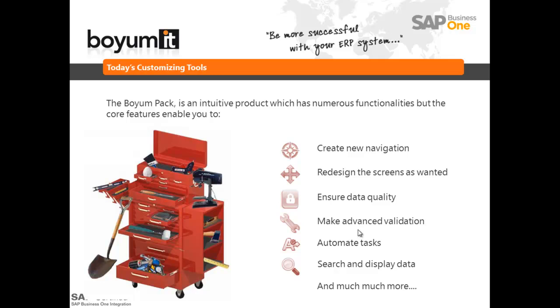As for automating tasks, we can do a lot of things in an automatic way. Instead of having the user do that, we can create an automatic functionality that is going to save a lot of time and a lot of effort for the users. And the last but not the least is, of course, to search and display data in the application,